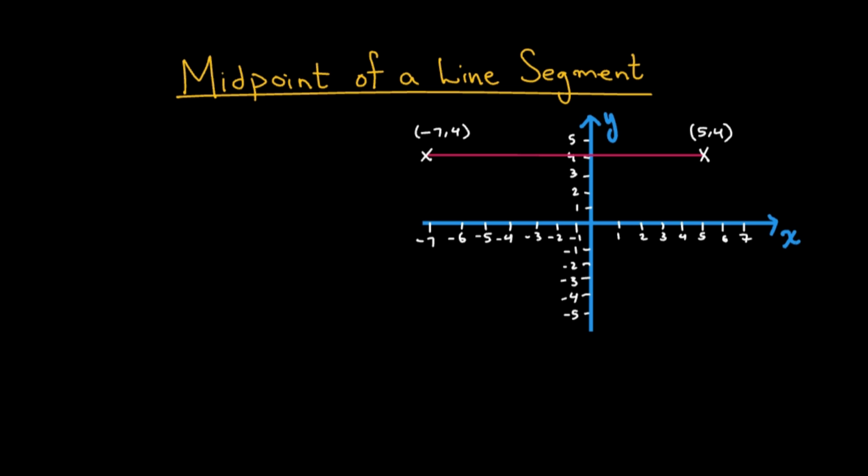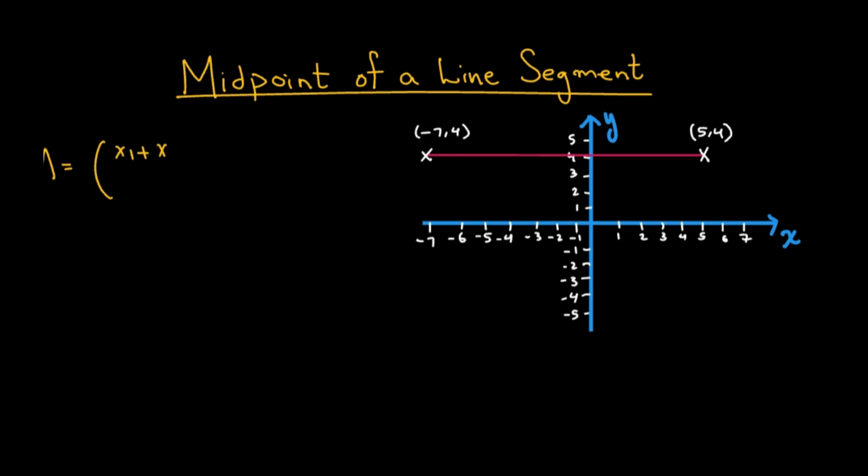Now understand the concept of midpoint of a line segment. The midpoint of a line segment is a point that lies exactly halfway between 2 points. For example, given the two coordinates -7, 4 and 5, 4, the midpoint is exactly halfway between these two. So to calculate the midpoint, you take the average of the x and y values. So let's call the midpoint of the two coordinates m. And m is given by